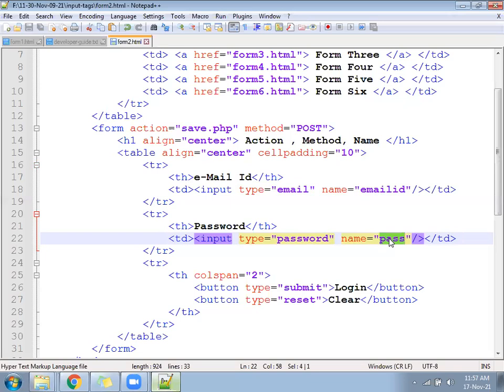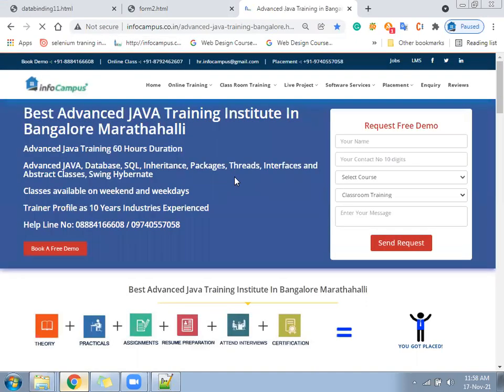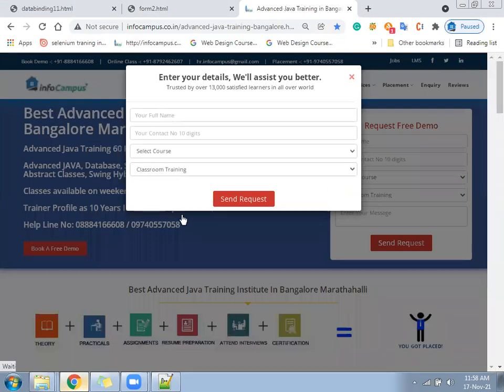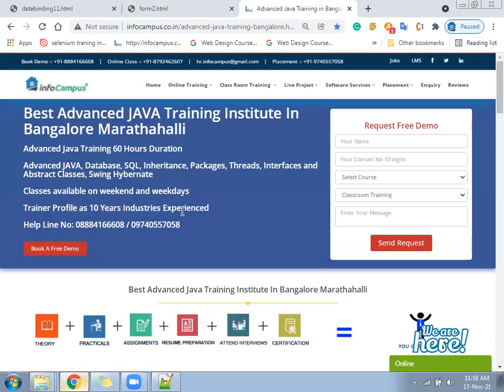What is the meaning of method next? See, when you open any website, suppose, let me go here and open our website. This website I opened, it's opening. This page that is open, where is it hosted? This website is hosted in Chennai or Pune or the US, we don't know. This InfoCampus website is hosted on a US server. So where is that server? We don't know, whether it is running in India or outside of India. But the server is a US server. Where is the file? We don't have any idea. I am sitting in Bangalore.